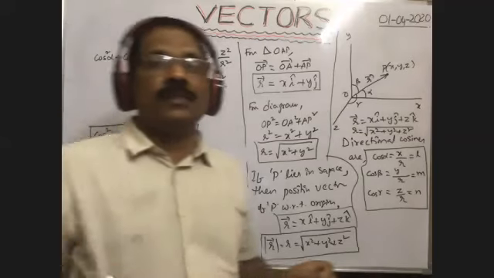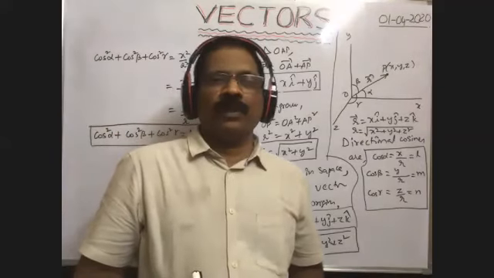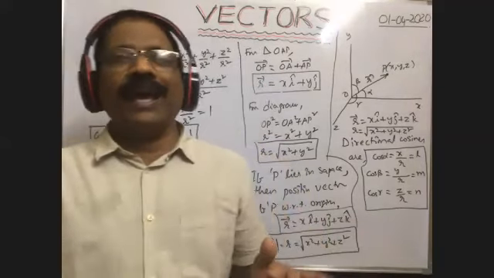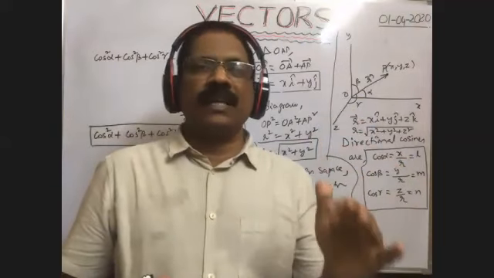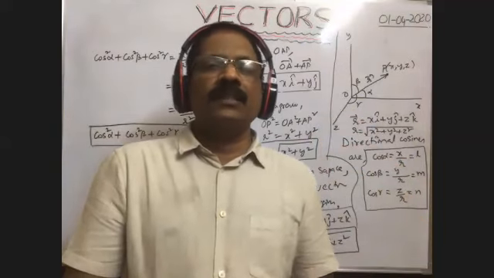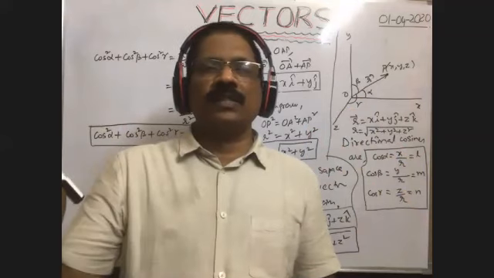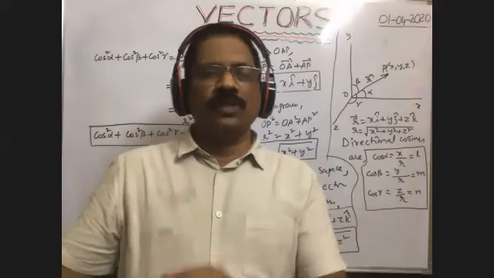Once in JEE Mains, this question was asked: if alpha, beta, gamma are the angles made by the given vector with the x-axis, y-axis, and z-axis, then the sum of the squares of their directional cosines is, with options like 1, 2, 0, like that it is mentioned.